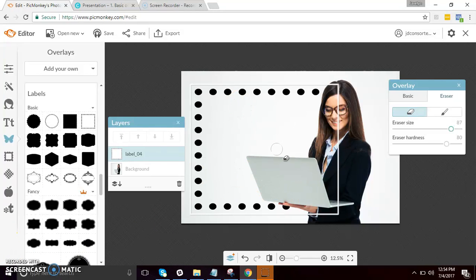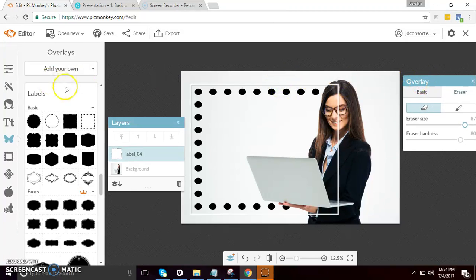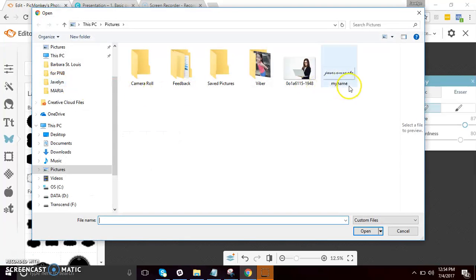Now let's say you have your own overlay. It's easy to add your own overlay. Just go to add your own here on top. Click and upload from your computer. Then click on your overlay. Usually, your own overlay consists of your own image or your own logos or your own icons that you would like to add to your design.